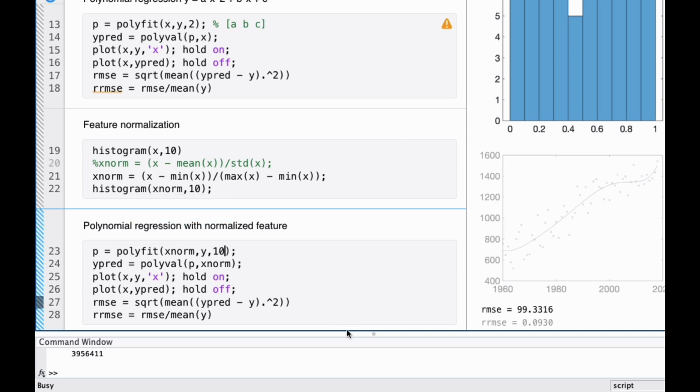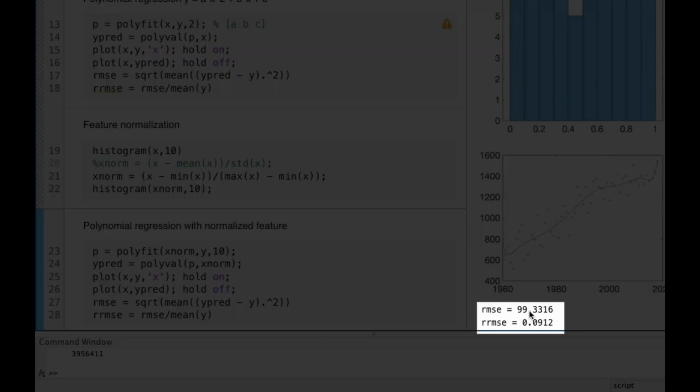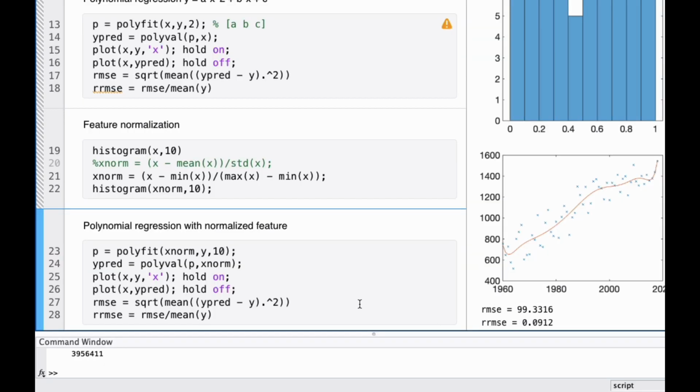Let's start with a degree 10. So with degree 10, we start to see a model that does a lot of zigzag in order to try to decrease the error, but the error is a little bit lower. Now the RMSE is below 100. And let's go with a degree